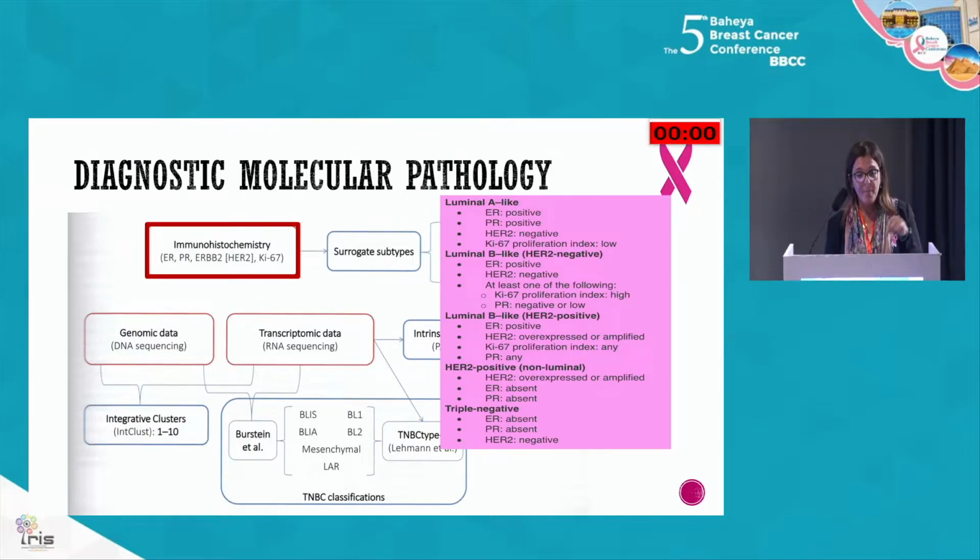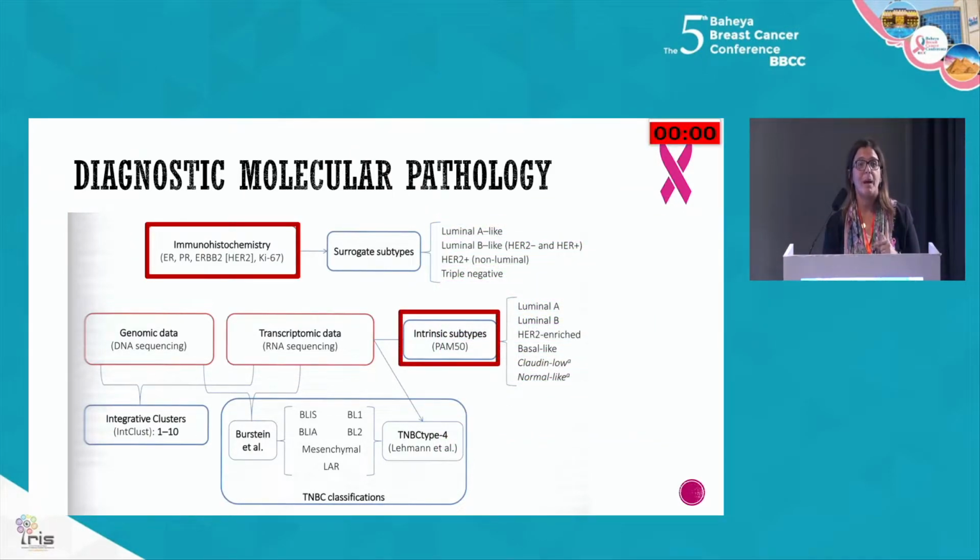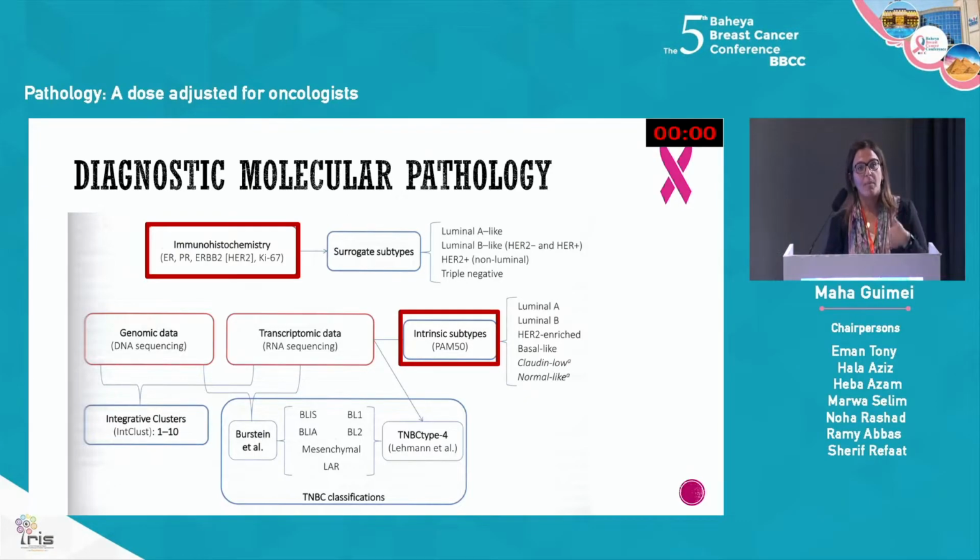في حاجه تانية شبه الكلاسيفيكيشن دي بتتعمل بحاجه اسمها البام 50، اتس ان RT-PCR based assay بيقسمهم لي نفس التقسيمه. It is more sophisticated, more accurate, بس بيقسمهم لي basically نفس التقسيمه اليومينال A اليومينال B HER2 enriched وبيقسم التريبل نيجاتيف لبعض الانواع. الحاجه الاهم الاكتر بقى لسه ما فيها مش موجوده في معظم اللابز and it's definitely more